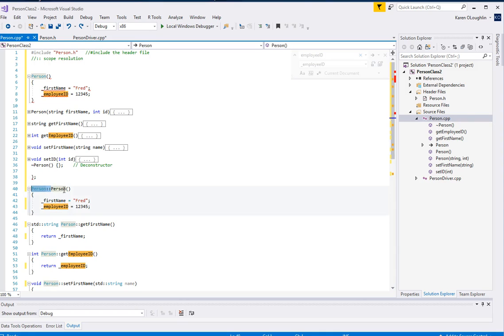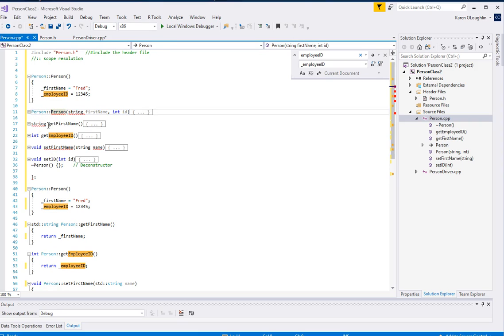Incorrectly, but now I think we got it. So I'm going to copy person: and what you would do is copy this code over, and then in front of every method you are going to place person: So in front of every single one of your two constructors, and also in front of your getter,